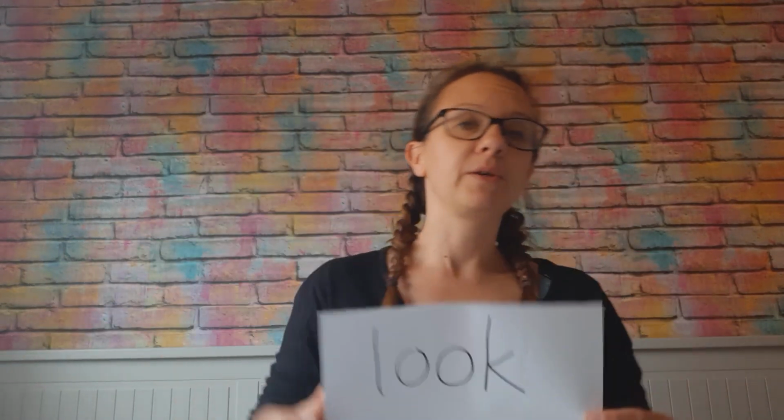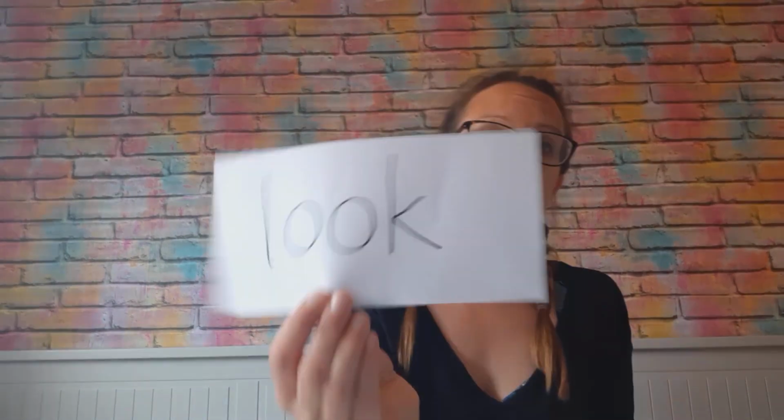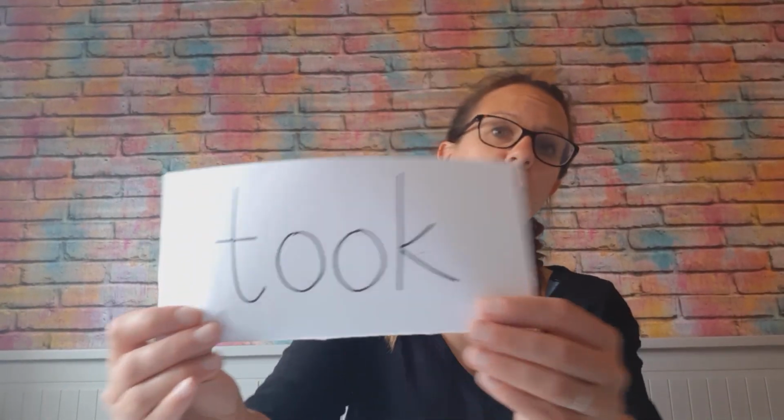And we also have this one, look. So again, remembering that with your reading, you'll be able to read that as look, but when you're doing your spelling and you're trying to think of the word in your head and think of the sound, you might go l, oo, l, ook, and you might put the oo as a U letter, okay, as the letter U. But you have to remember that the ook with a K got the double O. So we've got book, look, cook,